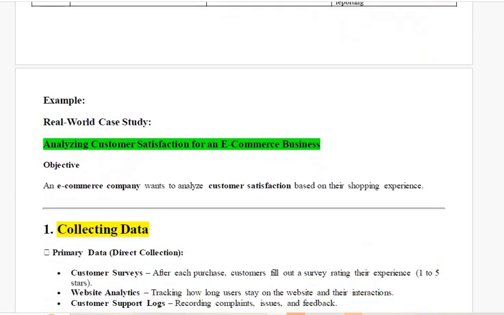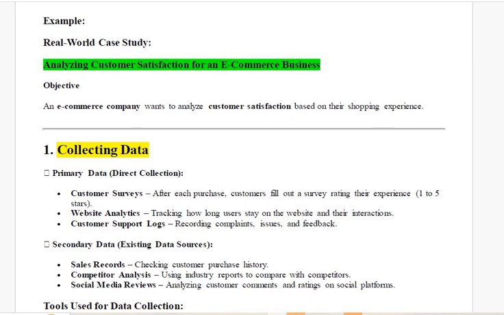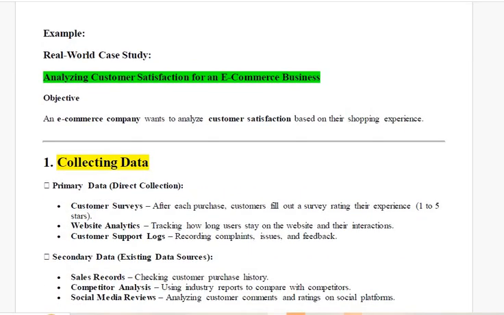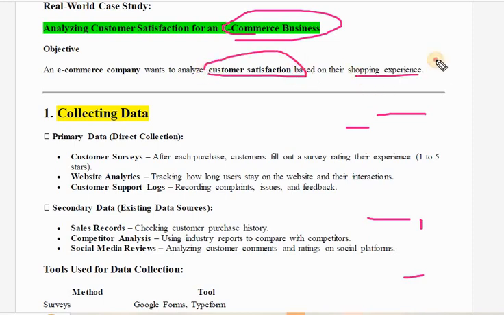So we'll see one real-time case study example. Take an example of an e-commerce business. We'll see how the company would analyze customer satisfaction based on the shopping experience. Firstly, it will collect the data. First of all, it has to collect the data mainly. So the ways of collecting would be